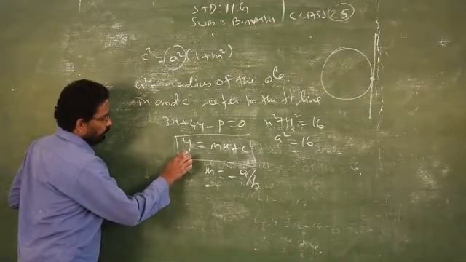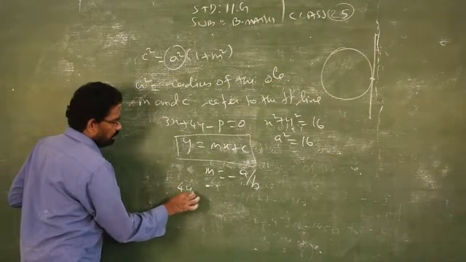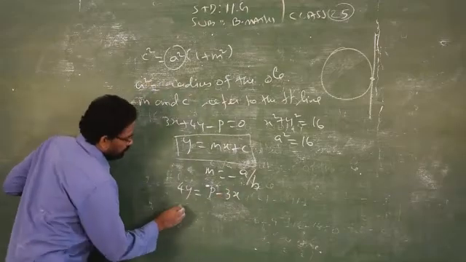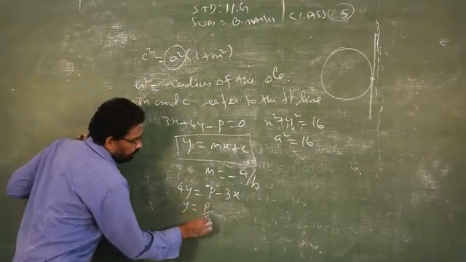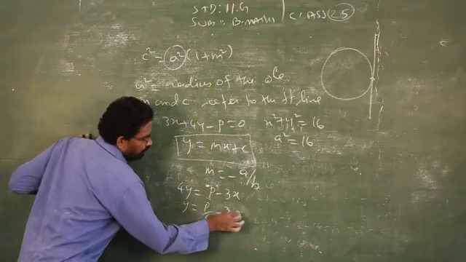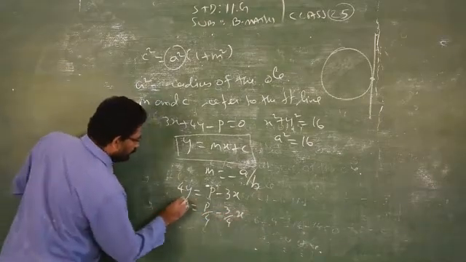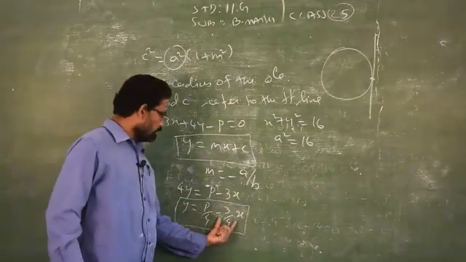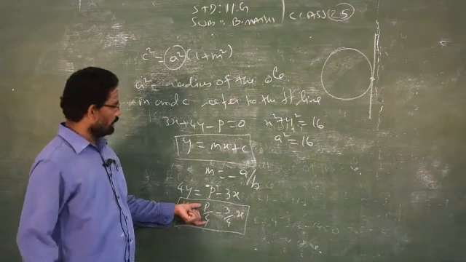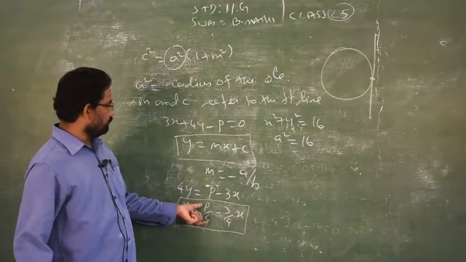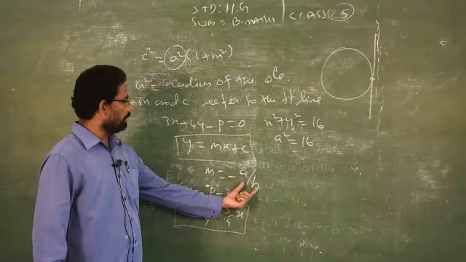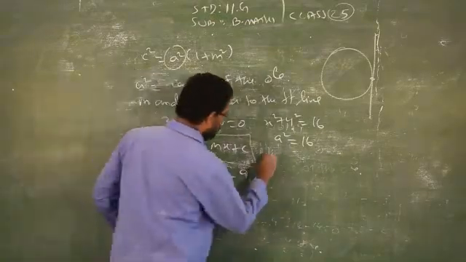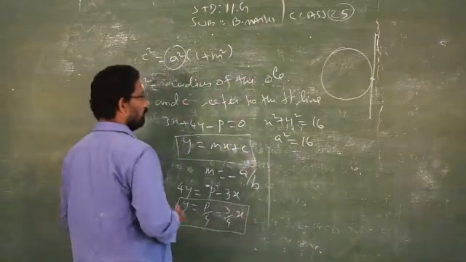That is, I need only y on the left side. So 4y is equal to p minus 3x. So y is equal to p by 4 minus 3 by 4 into x. So I can rewrite the given straight line in the form y equals mx plus c. Here m is minus 3 by 4, c is p by 4. If you apply the minus a by b formula also, you will get the same answer. Clear? So follow any one method. You are allowed to use even the 10th standard method.